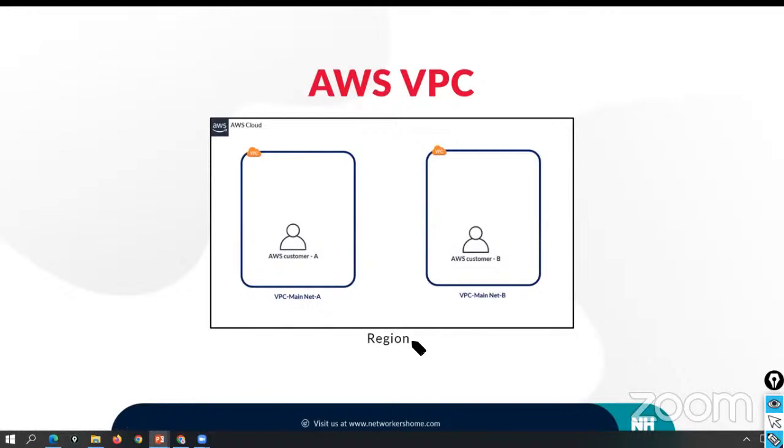So within region, let's say this is the region 1. Within region 1, let's say there are 2 accounts. Let's say AWS customer A, that is my account, customer B, that is your account. Before you place anything inside a region, you have to create your VPC. Let's say in my account, I create a VPC, something called main network A. And as account B, you create a VPC, main network something. Once we create a VPC, within VPC we can place our services like server, storage, and